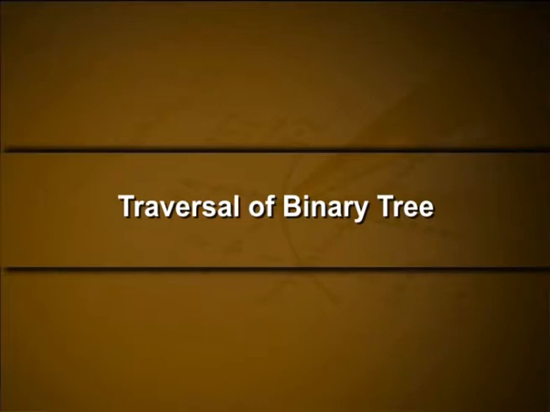Traversal of binary tree. The traversal of a binary tree is to visit each node in the tree exactly once. In the case of a linear list, nodes can be visited from first to last, but there is no such order for nodes of a tree. Hence, the order of nodes visited makes the difference between methods of tree traversal.